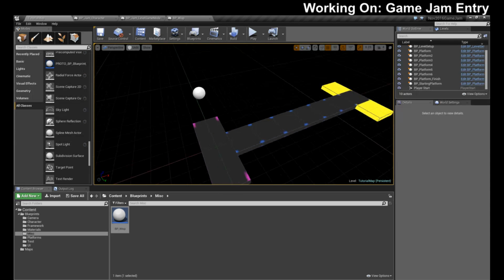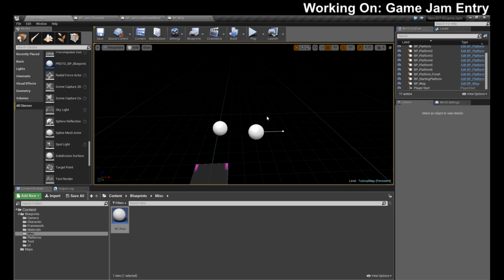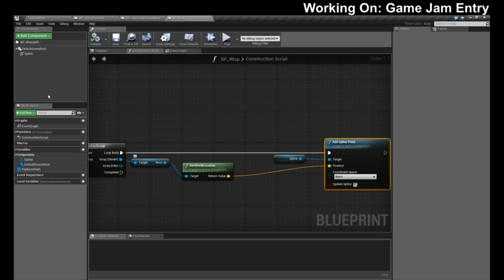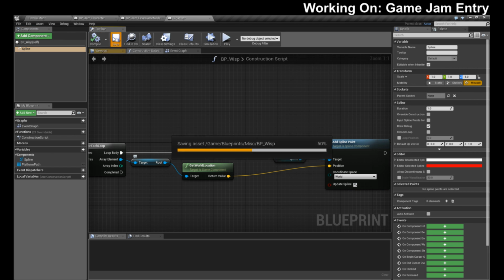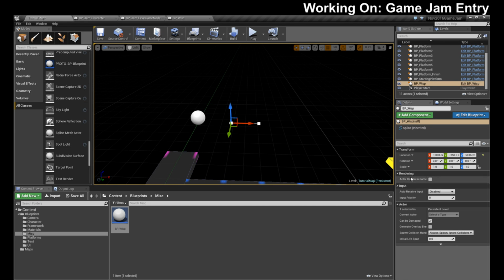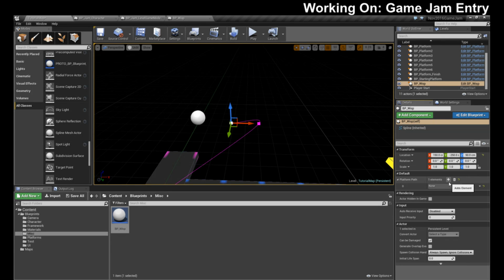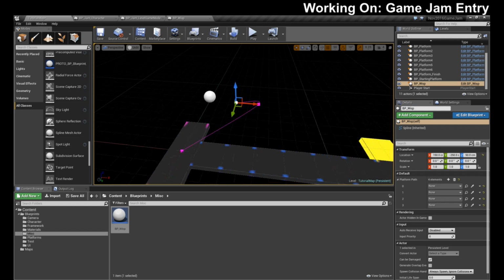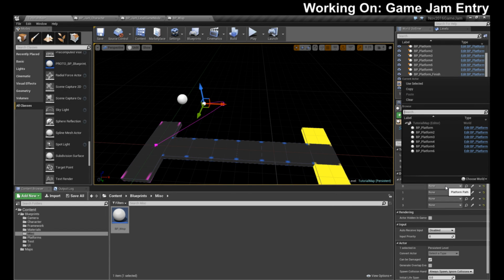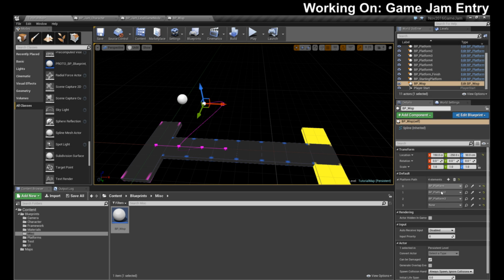Okay, so in theory, let's see what happens here, shall we? Oh, we need to get rid of that. Actually, that could be the root, right? Yeah, okay. There we go. So if I take my wisp and make it public like that, I should be able to add platforms. So I can add platform 1, then platform 2, platform 3, and then platform 4.